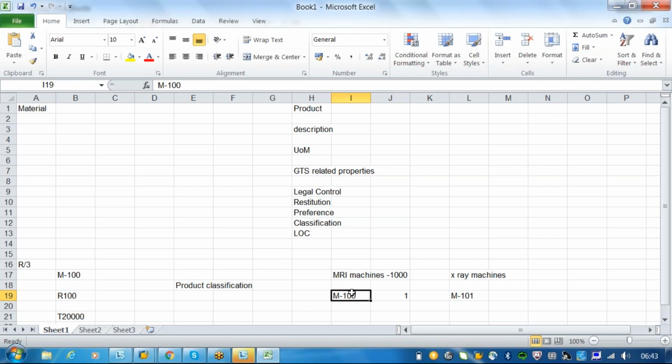If you send this as MI100, they cannot understand because it's a nomenclature you have given. So in order to make sure that the MR emission is named in such a way that the customs can understand, there is one concept called product classification, which is a universally accepted nomenclature.